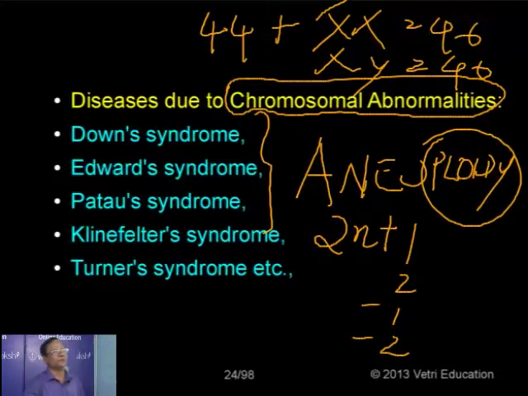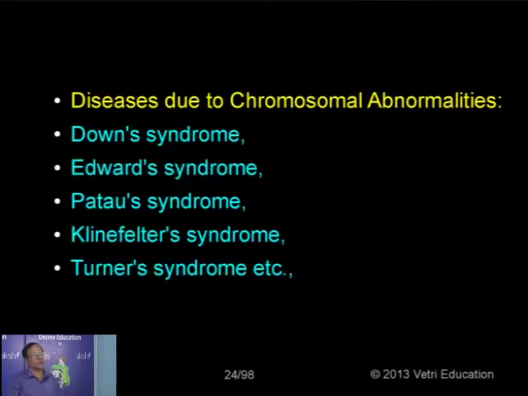It is a change in number. The number may be multiples of n, or the number may be an addition of 1 or deletion of 1, or addition or deletion of 2. So either individual chromosomes are added or the entire set of chromosomes is added. If only individual chromosomes are added, either 1 or 2, or individual chromosomes are removed, then the condition is called aneuploidy. The disorders I represent here are because of the aneuploidy condition only. The first one, Down syndrome.